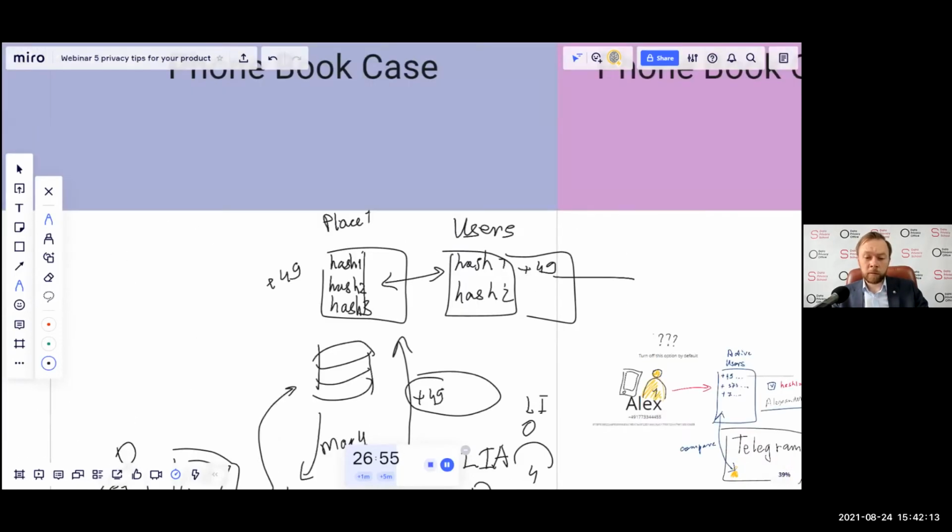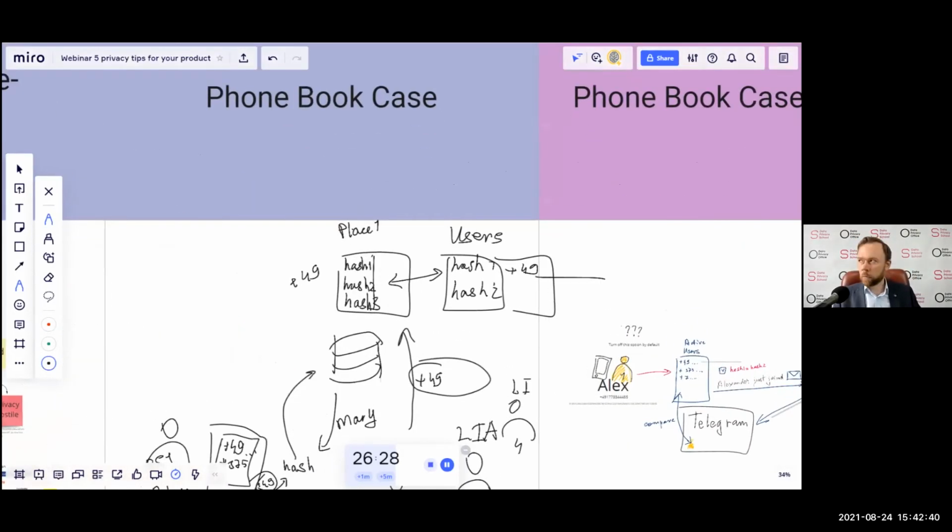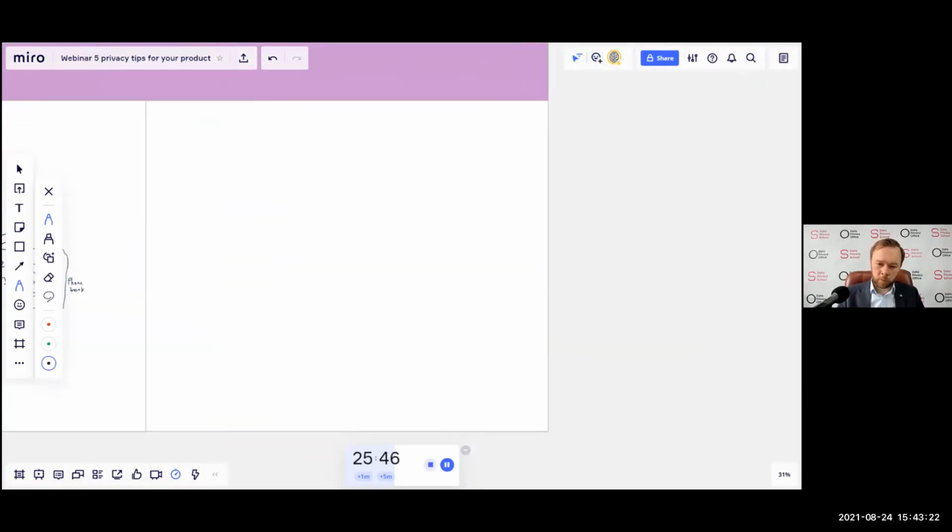The hashing itself allows you to find peace with the requirement of transparency and the requirement of getting the proper legal basis. As I said before, using these contact books of your users for marketing purposes or for other operations that would need a full number, a raw number, is highly risky and problematic from the GDPR standpoint. I strongly advise you to avoid such kinds of business models and architectures where you use the raw phone numbers of the contact book. There is a case of the app called Get Contact